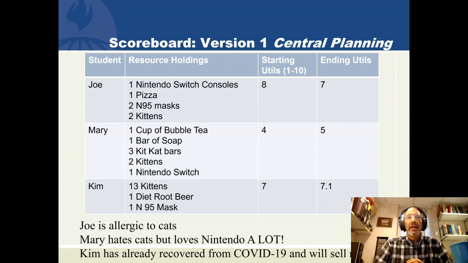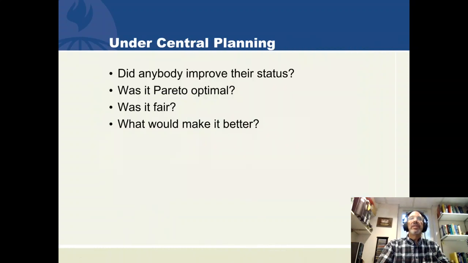And even if the dictator had tried to interview them and ask them, what are you looking for? They know so much more than could possibly be communicated in an interview that I'm not sure interviewing is the solution. So under central planning, we've got a lot of unsolved questions. I'm not sure it improves everybody's status, and Pareto Optimality wasn't achieved. Not sure it was fair, and this whole system of state planning of who owns what has its limitations. So now let's try it again.